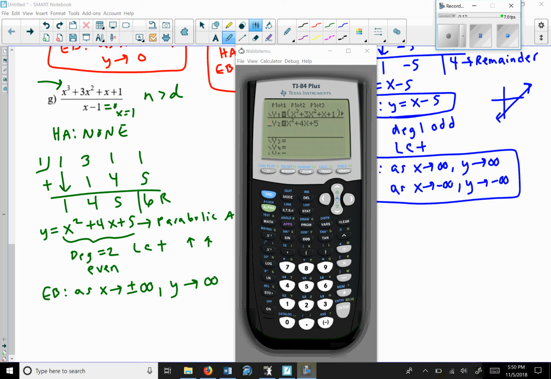So I went ahead and plugged it into my y equals. I plugged in the equation that we were given, and I plugged in our parabolic asymptote just so you can see. So first we're going to look at a standard window, which is zoom 6. And so when I look at that, I know I'm not seeing the full graph right here because I don't see anything to the right of where this vertical asymptote is, because remember, vertical asymptotes are 0 of the denominator. So that means I probably should zoom out. So if I zoom out and hit enter,